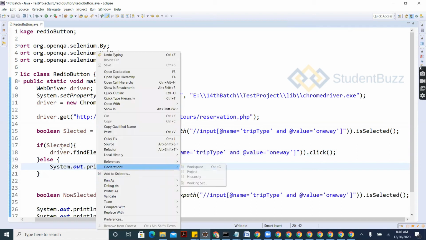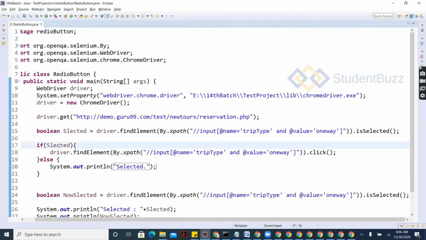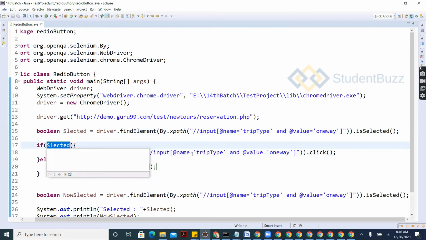This is a boolean. The if condition will take this boolean value, true or false. So you are checking this boolean value, whether it is selected or not. If it is false, it will not execute. If it is true, then only it will execute.